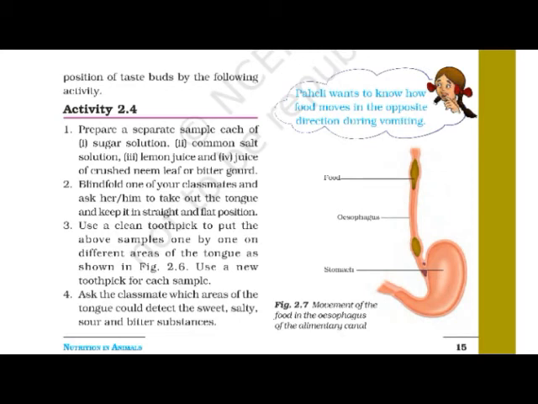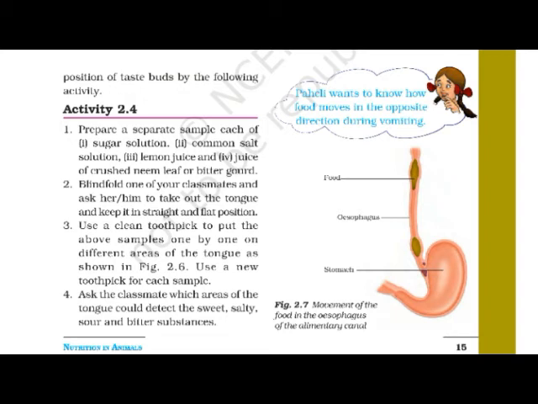So the movement of the wall of the food pipe is very important. Actually, this movement takes place throughout the alimentary canal and pushes the food downwards. Figure 2.7 you can see for reference. Okay, now what I want to say, from the mouth, or I can say the whole alimentary canal,